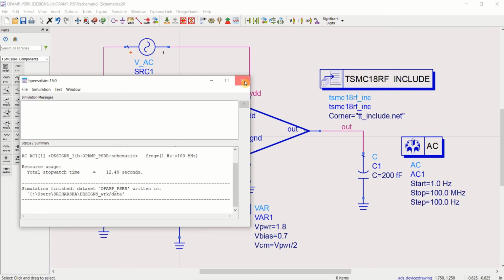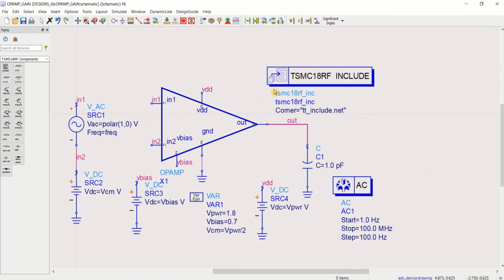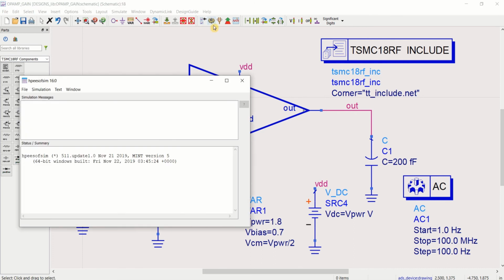Let me close this. Here in the op amp gain we have simulated with 1 picofarad. Instead you use 200 femtofarad. Then you will get better poles also. I am simulating it again.